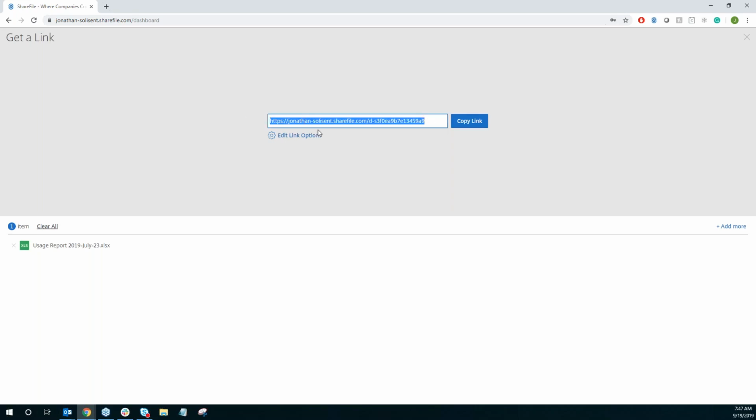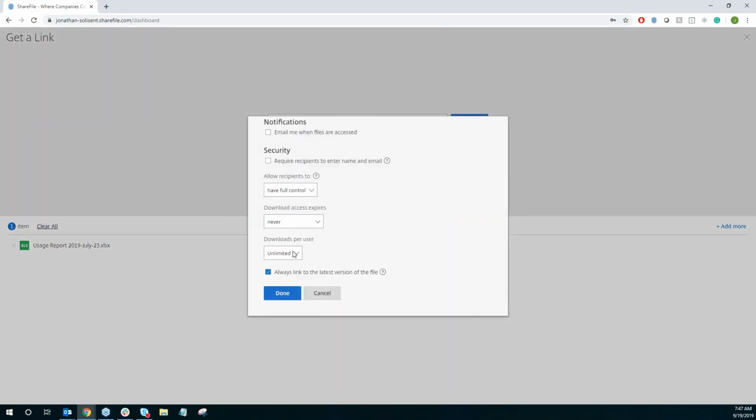With this link, what you can do is share the link with anyone you want. Let's say, for example, you're on Skype with one of your customers or any of your teammates. Then you just click copy link and share that link with them, and they will just be required to click on the link and get access to the file so they can download it. And again, based on the link options you selected, you can limit the downloads per user. You can set expiration, exactly the same as I mentioned before, and you can allow recipients view only or